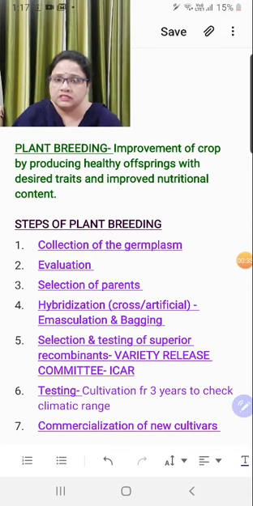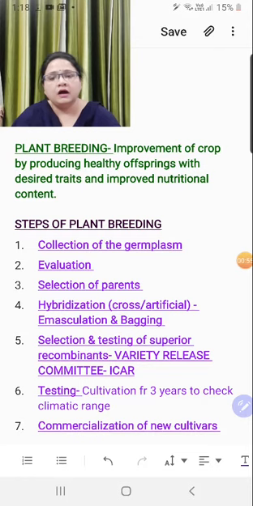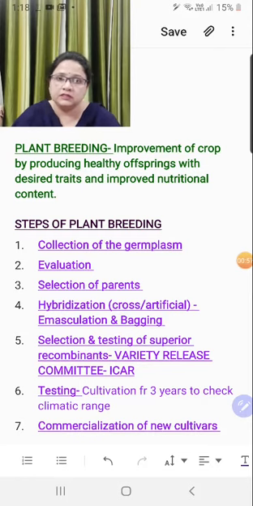We want all these characters to be there in the crop, and if we are going on with any such strategy which can improve the crop as per our requirements, the strategy would be known as plant breeding, right? Breeding for better offsprings. Improvement of crop leading to the formation of healthier offsprings with desired characters.